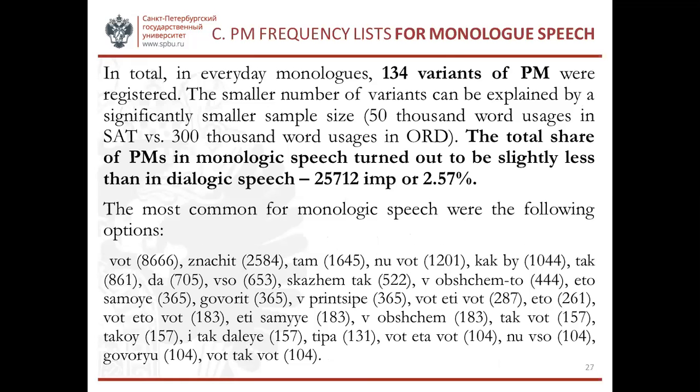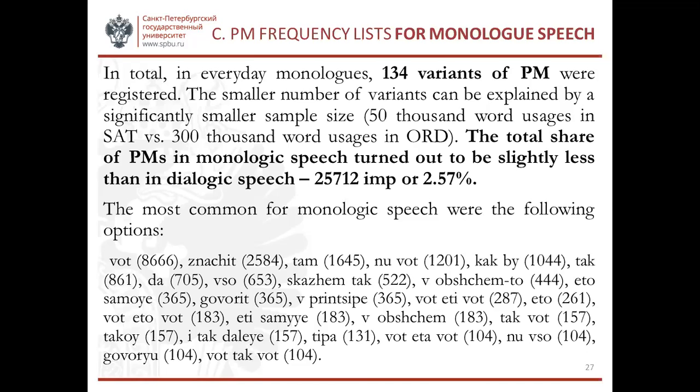Now, if we compare it with the monologues, we'll see that in total, in monologues, 134 variants of pragmatic markers were registered. The smaller number of variants can be explained by a significantly smaller sample size, of course. 50,000 word usages in SAT versus 300,000 word usages in ORD corpus. The total share of pragmatic markers in monological speech turned out to be slightly less than in dialogical speech,